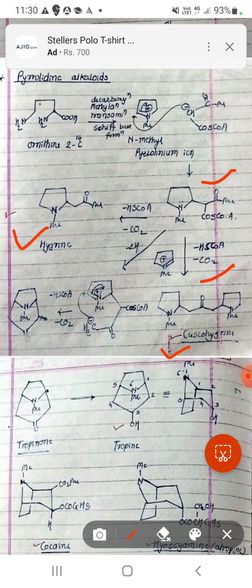And when this intermediate reacts with this N-methyl pyrrolinium ion, we will get the cuscohygrine. And when this intermediate, with minus 2 hydrogens, gives the N-methyl pyrrolinium ion, and an intramolecular Mannich reaction,